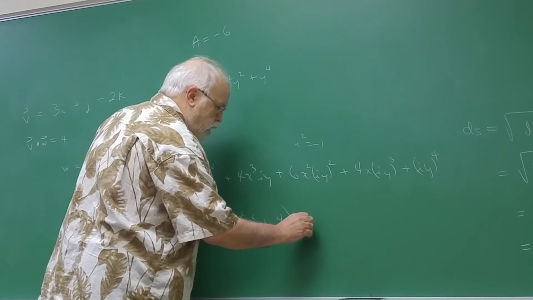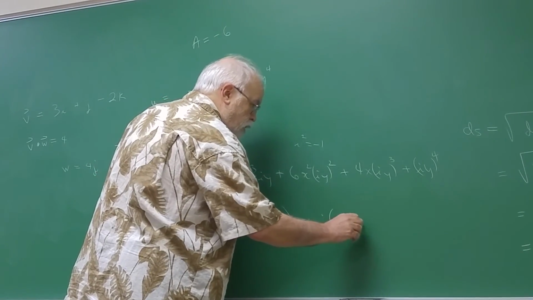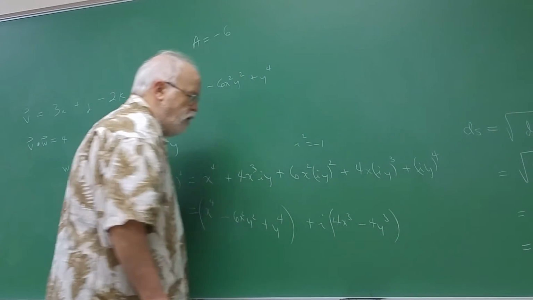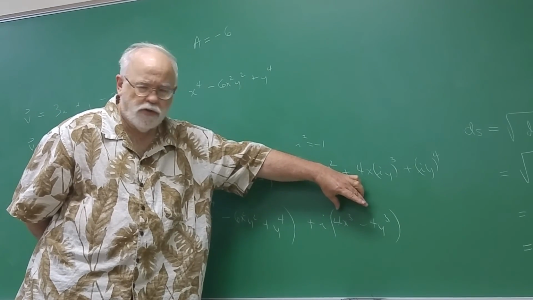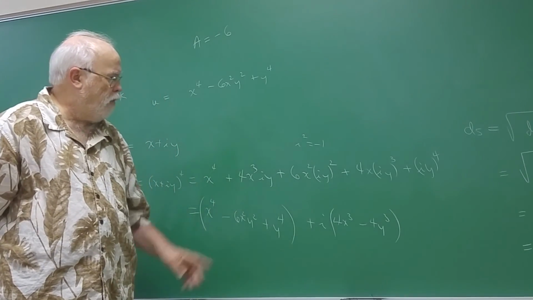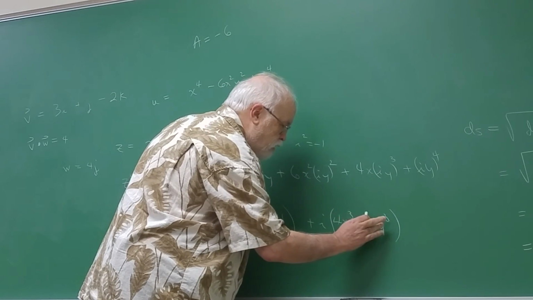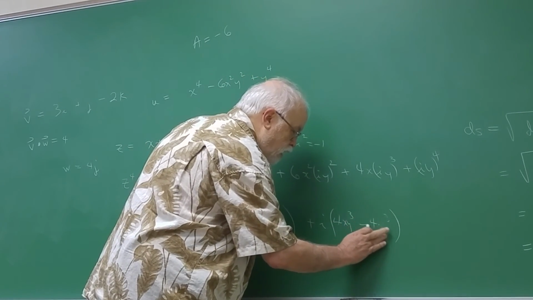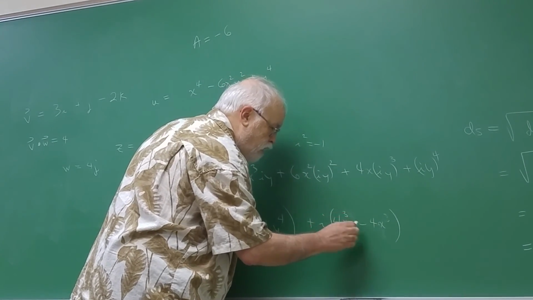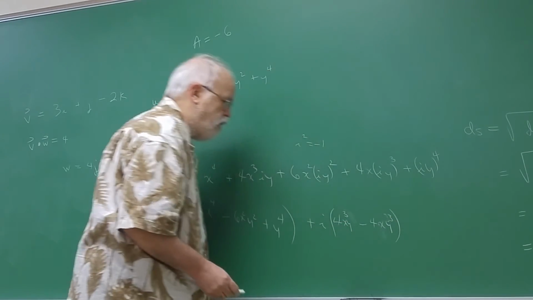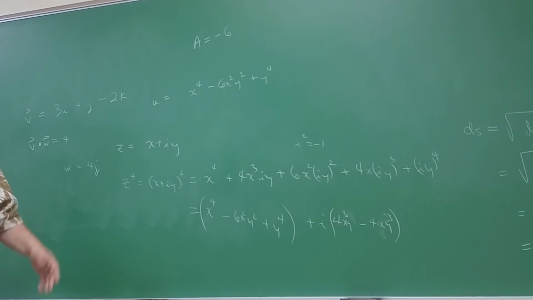And if you look at the other part here, plus i times 4x cubed y minus 4x y cubed. So i cubed is -i, and you factor out the i, you got that. That also is a solution of the Laplacian. Oh, wait a minute, I left something out. This is supposed to be x y cubed, and this is supposed to be x cubed y. Well, the first one was x cubed y, and then there's x y cubed. Anyway, that gives you another solution of the Laplacian right there. And the same is true no matter what